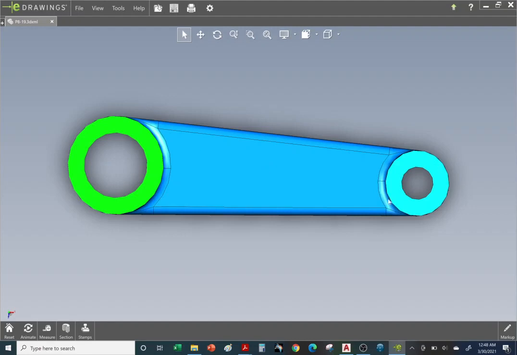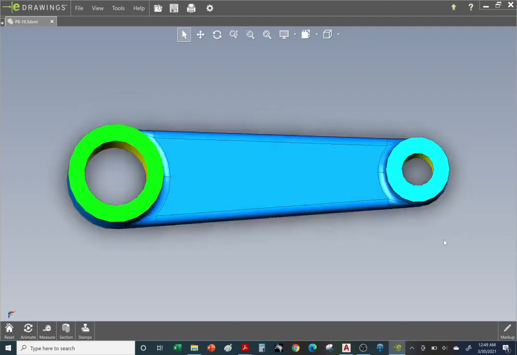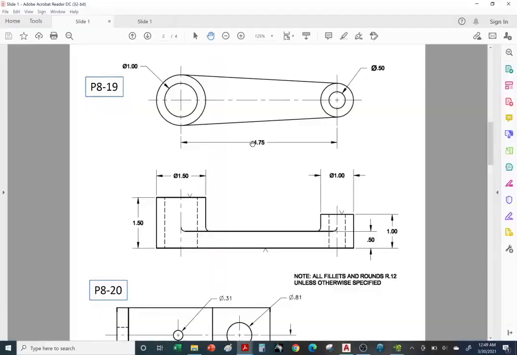Okay, so we need to draw circles and then connect the circles. We'll go with the large diameters first, and then we'll do the holes. All right, so let's go back and take a look at the answer key. Once again, notice